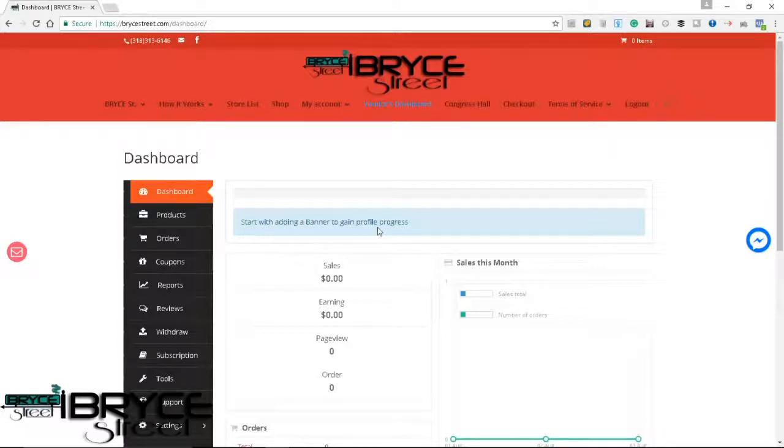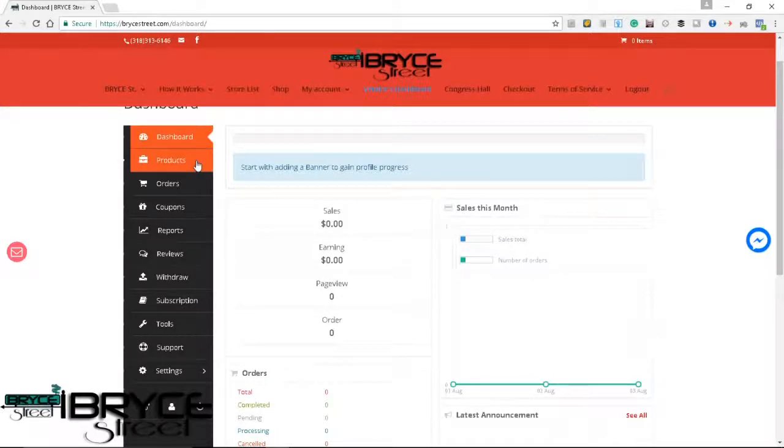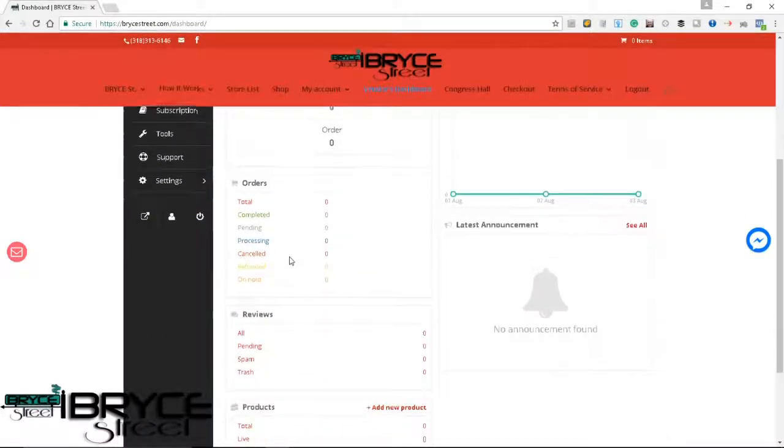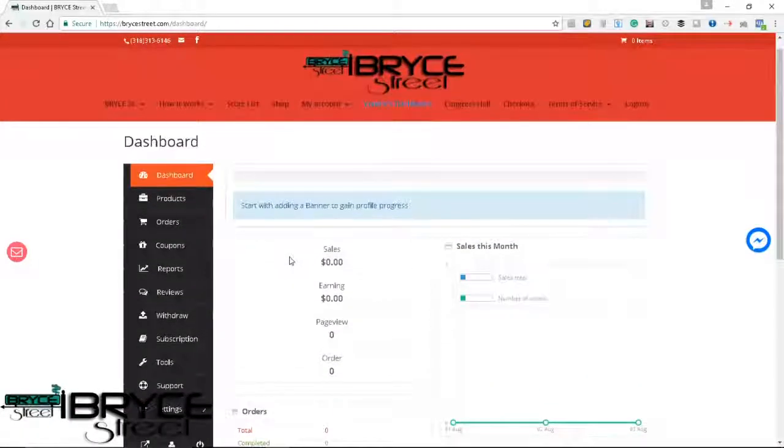Now, from this point, after you have done the registration, you're ready to set up your store and then start adding products, which will be in the third video of the series about adding products and how to properly add products. Okay, but the first thing you need to do from the dashboard, this is your dashboard, this is called the vendor's dashboard. This is where all transactions and everything is recorded in your back office here on the vendor's dashboard. But the first thing you need to do to set up everything